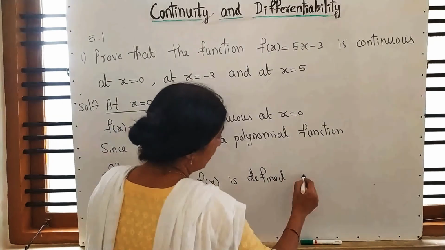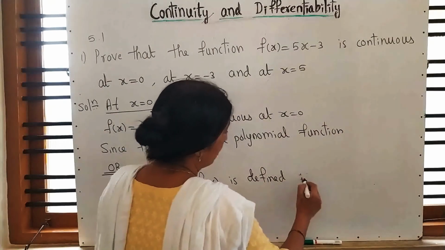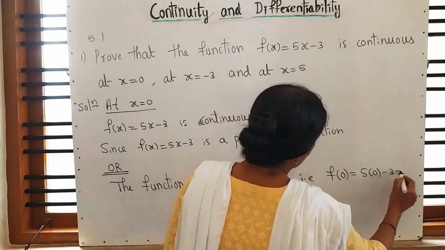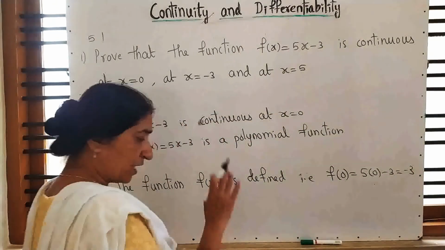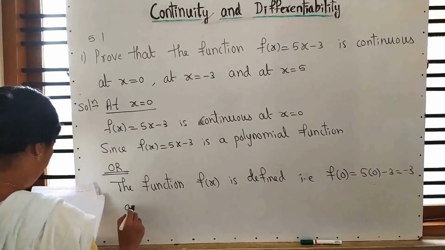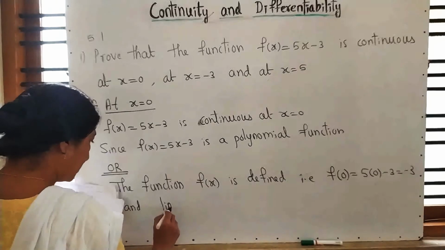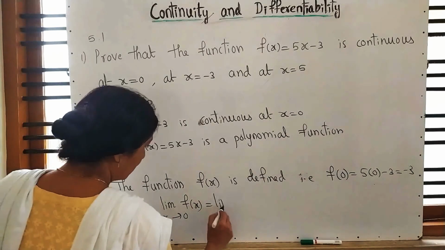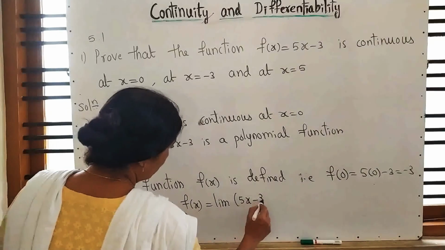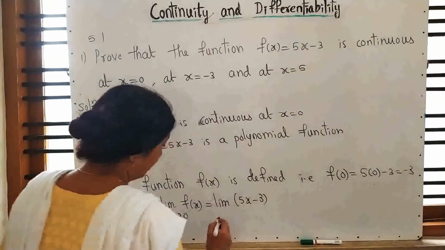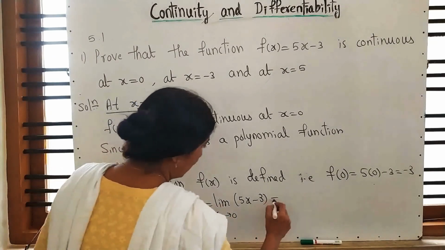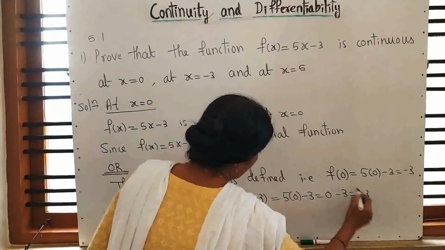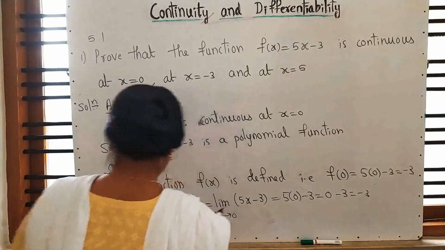Then how do you write? It is defined. If in place of x you write 0, what will be your answer? See, is it finite and does it exist? It is defined. And limit f of x as x tends to 0 is the limit. Remember, for all the 3 points the function will be the same. X tends to 0. Wherever x is there, we have to write 0. See, minus 3. That means limit